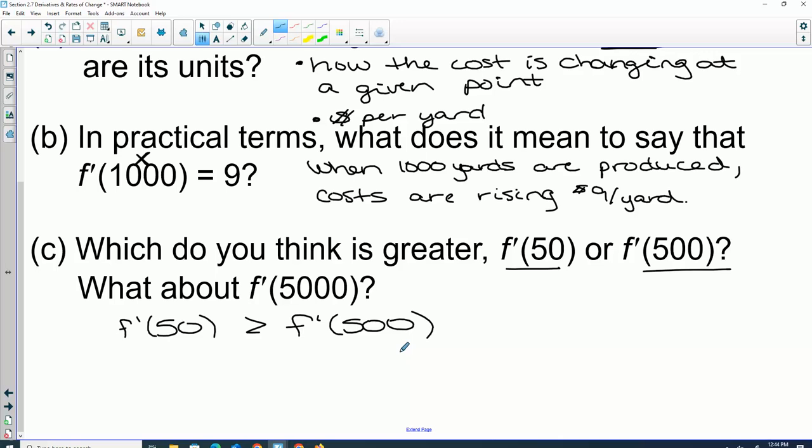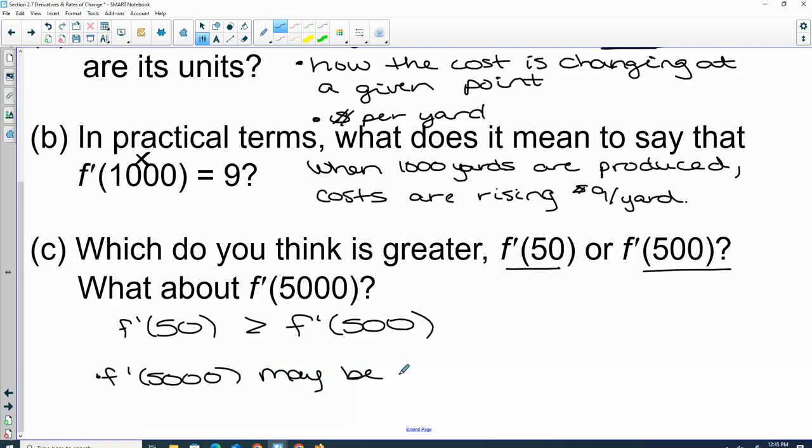At some point, the scales tip, and we no longer have the ability to produce that large of a quantity. So at some point, adding one more is actually going to cost me additional money. Does that make sense? Because you can't just add more forever. At some point, we have to bring on additional staff or update our equipment. Now, do I know for sure what that is? No, not in this case. Till we find it, I'm just going to say f prime of 5,000